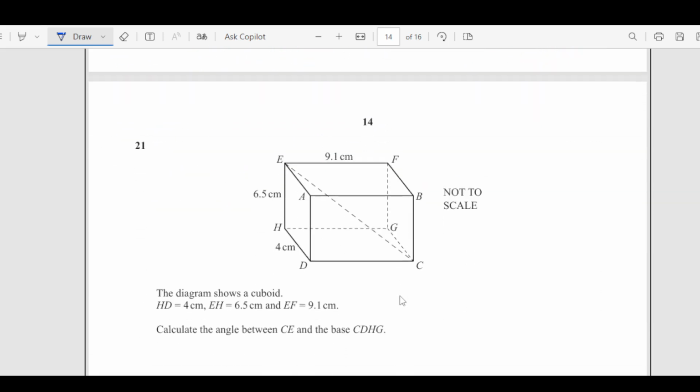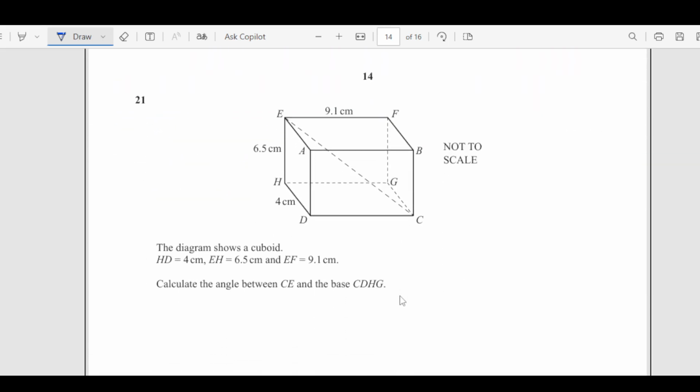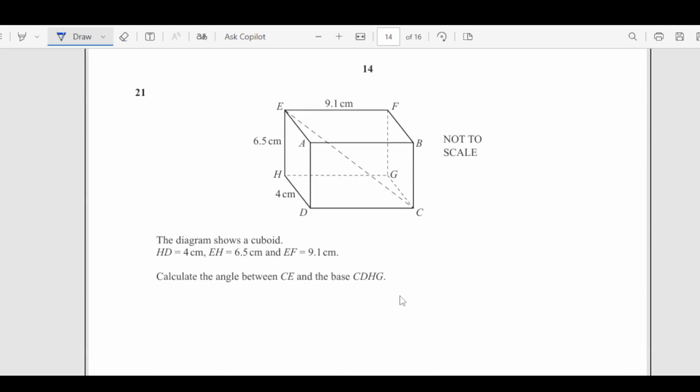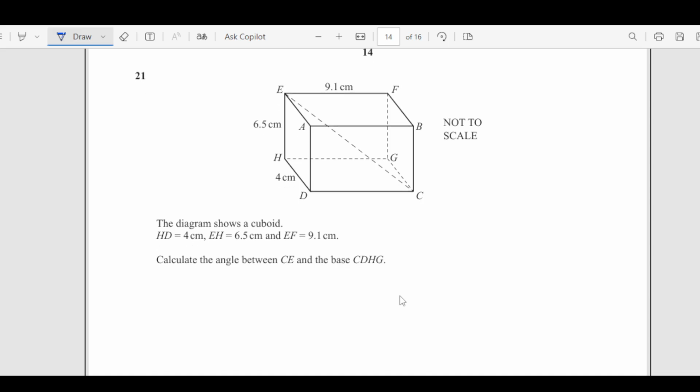Number 21, we have this cuboid here. The diagram shows a cuboid. We are given the dimensions, everything is shown here on the diagram. Calculate the angle between CE and CDHG. So CE is here, and CDHG is the lower surface here. So we are looking for actually this angle